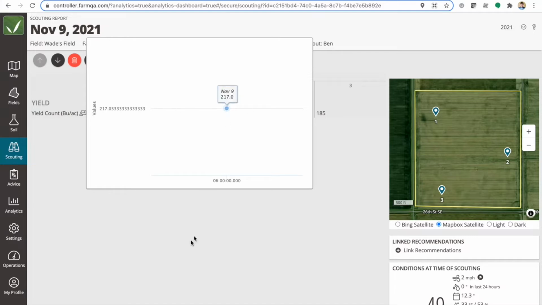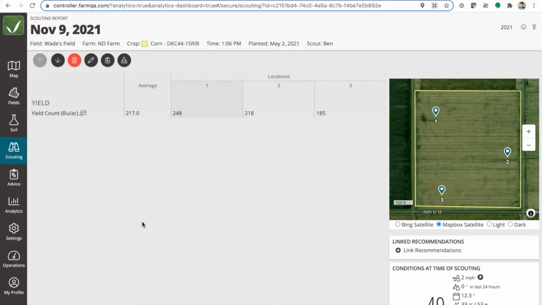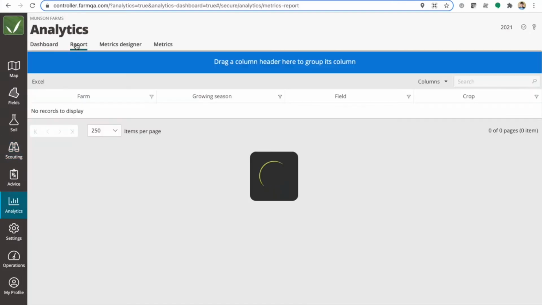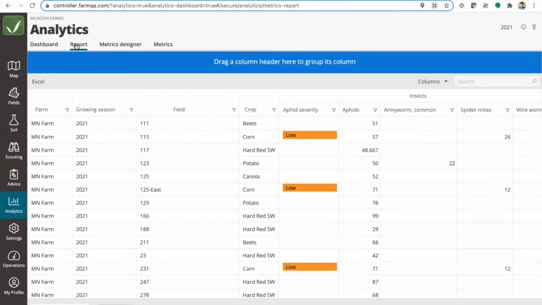Now, in this case, there's only 1 yield estimate that I've done. If I had done this over time, you would see a trend line of where this has come. Maybe you assess yield for 3 to 4 weeks leading up to harvest, you'd be able to see those trends. Now, if we want to look at this particular use case of yield data across all cornfields, this is where